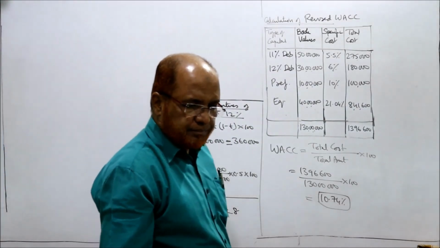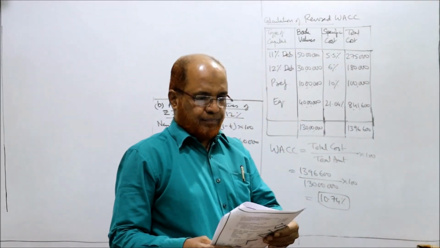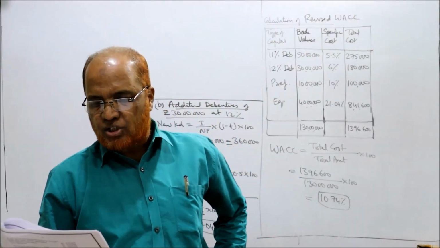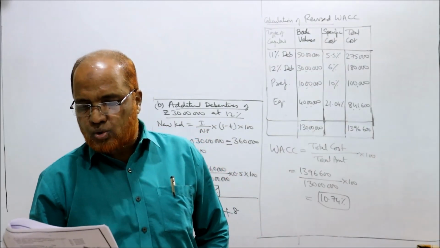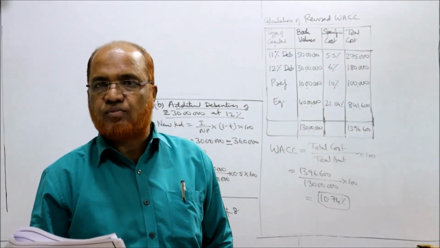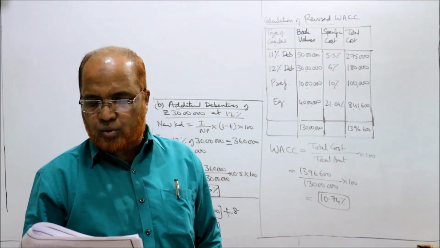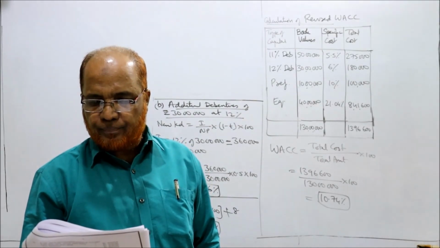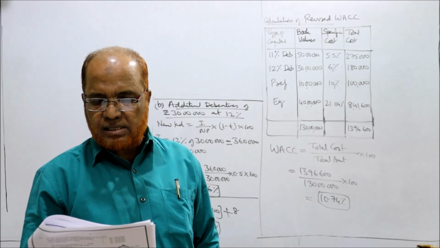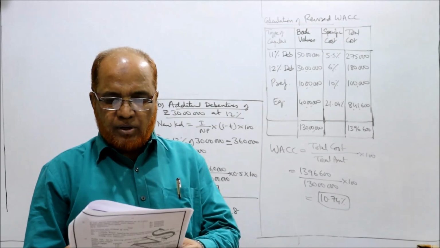Now see the next problem. Next one, problem number 28. R Limited is having the following capital structure: 2 lakh equity shares 40 lakh, reserves 20 lakh, 15% debenture 30 lakh, 14% long term loan 10 lakh. Total capital is 1 crore. During the last 5 years, the company has paid an equity dividend of 20%, and in future it is expected to grow at 5%. Compute the WACC based on the existing capital structure. So we have to calculate WACC according to the